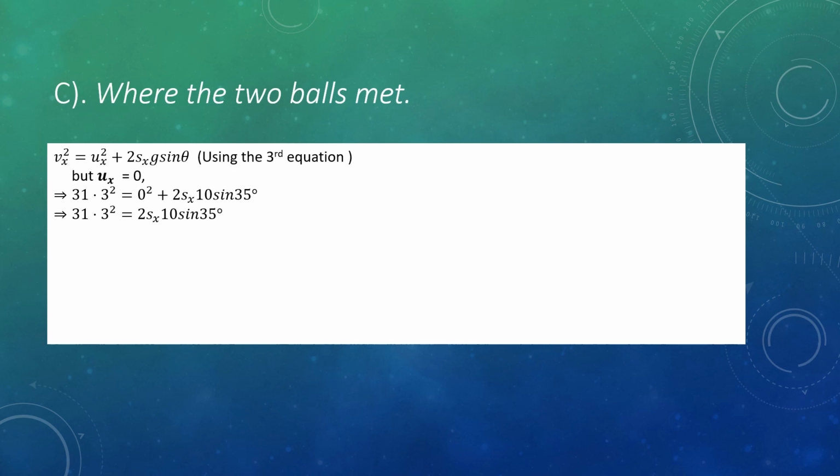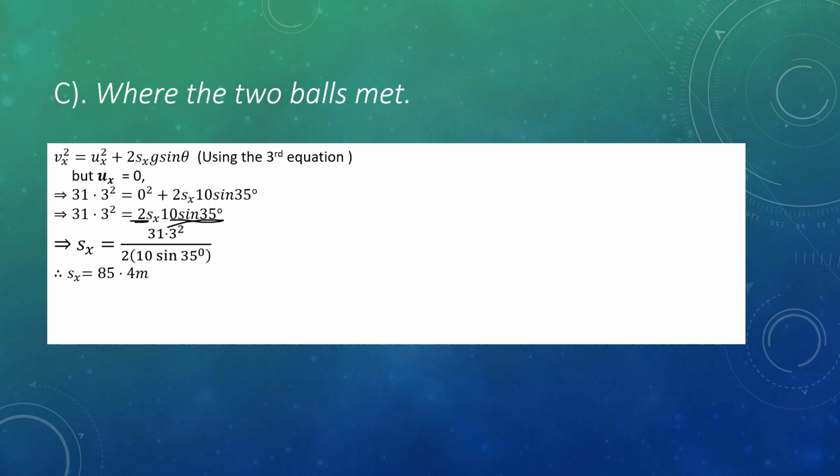So 31.3 squared is equal to 2 Sx times 10 sine 35 degrees. Sx is equal to 31.3 squared over 2 times 10 sine 35 degrees. We have made Sx the subject. How did we do that? So these people are worrying us, so we send them to the other side to divide, since they are multiplying here. So that's what we see here. Very good. Let's compute this value and see what we get. So Sx is equal to